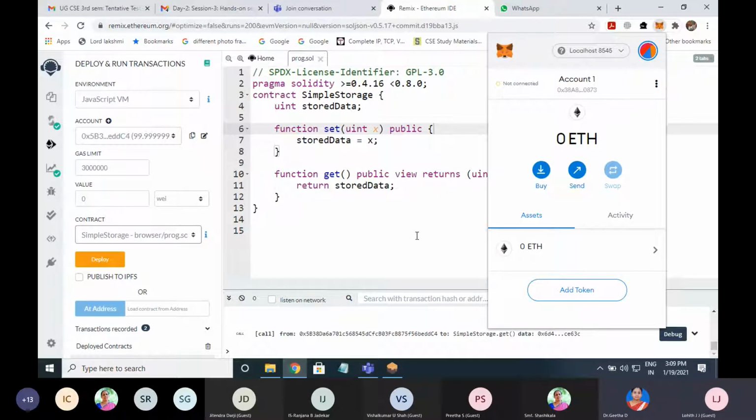Then we need to add to Chrome. Add extension. I think it will ask username and password, right? It starts downloading, sir. It takes time.